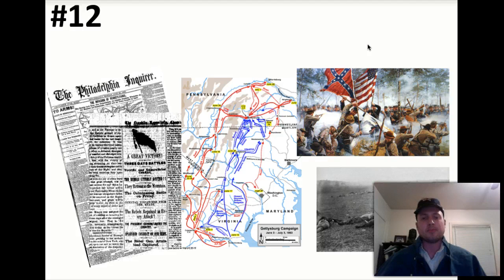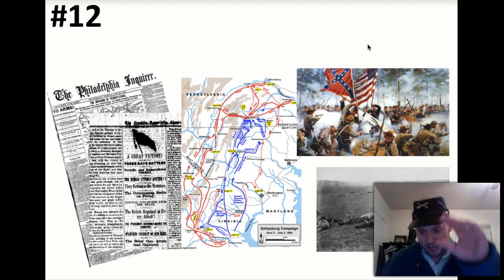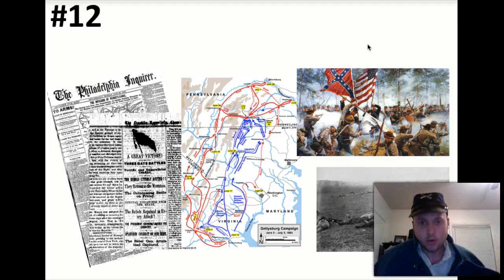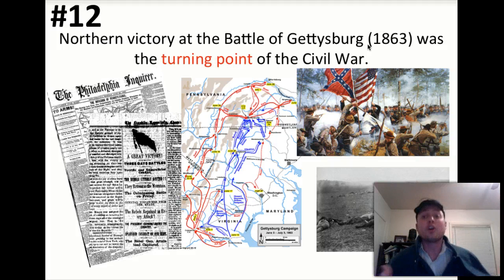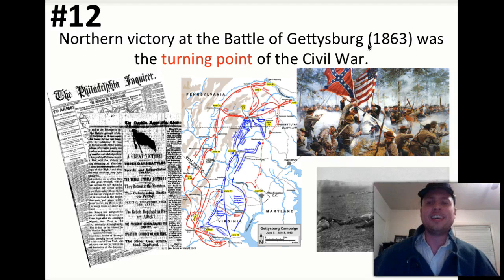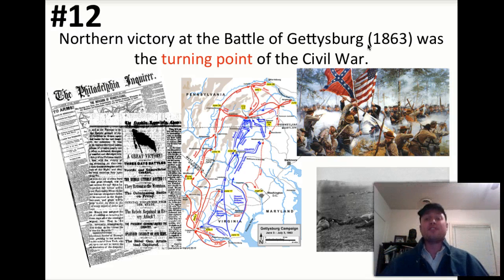All right, we're on question number 12. How about a big battle? All right, time travel. What happened with Gettysburg? Oh, we're going to win! Yes! Northern victory at the Battle of Gettysburg in 1863 was the turning point of the Civil War because, as you can see on this map,